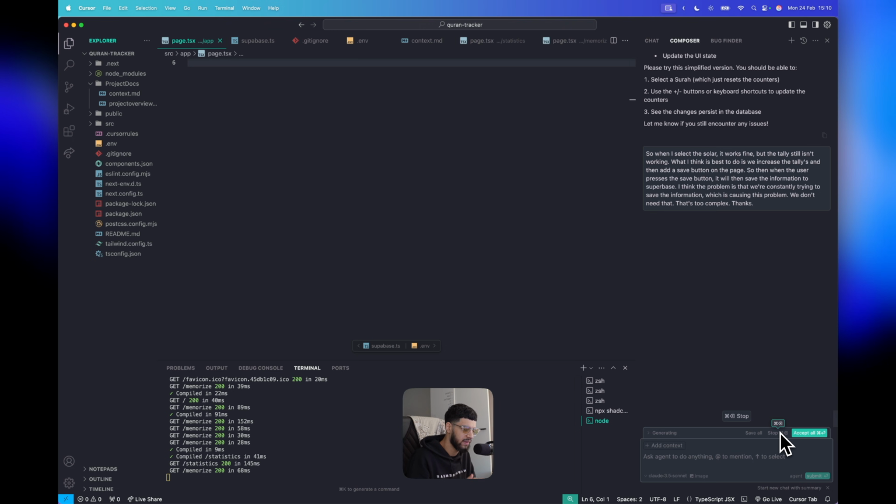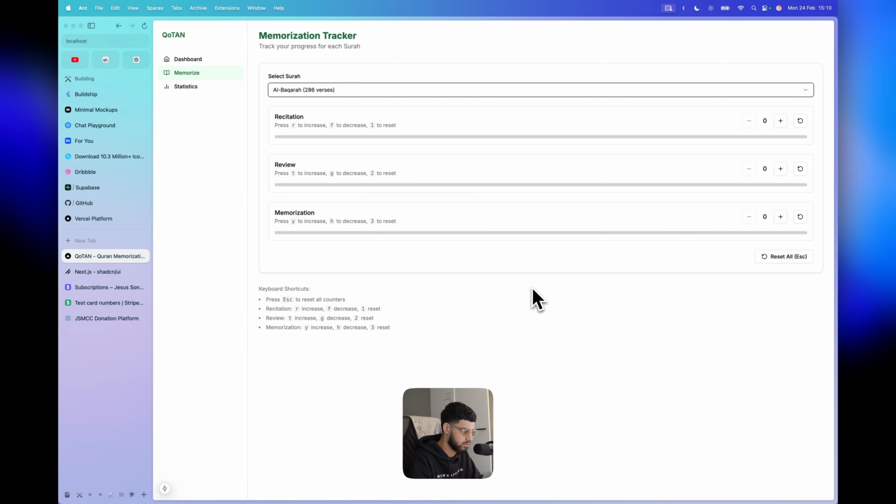Again, because I'm making this application for myself, I don't really care about user experience. Like, it's for me. At the end of the day, you're not going to be revising and want it to save straight away, because you're not going to stop revising, or memorizing, I should say, until you're done in that set period. And then when that set period is done, you just hit save. It's not that deep.